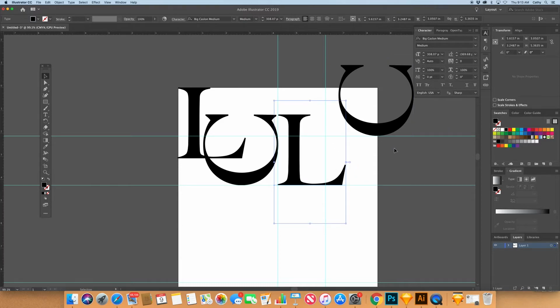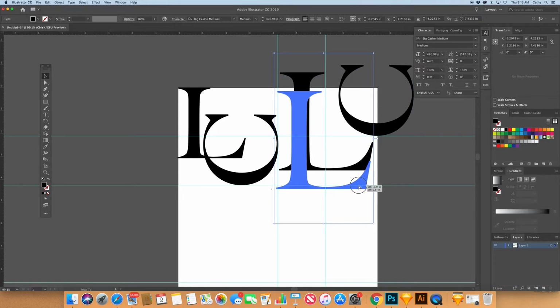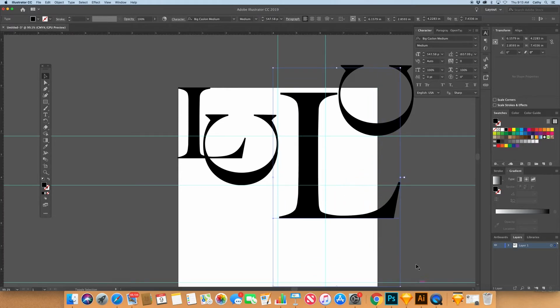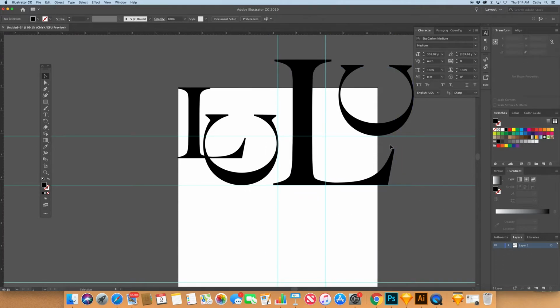This is a little bit more complicated because I have to think about what's going to happen after I do the cut, right? So I'm going to take the L and kind of play with scale here. And I'm going to just make the L slightly bigger than everything else. Okay. And then, because I just kind of want to see what this looks like, I'm going to take a couple of